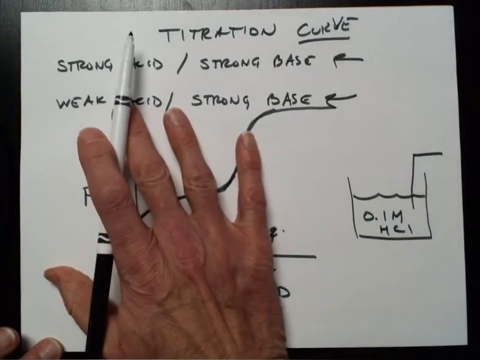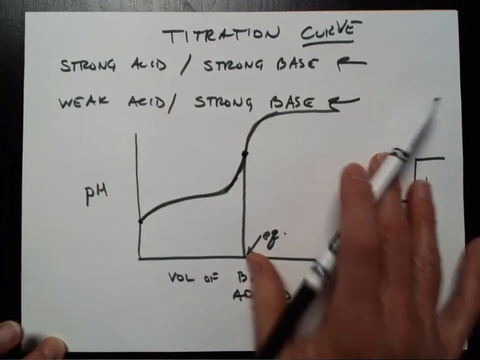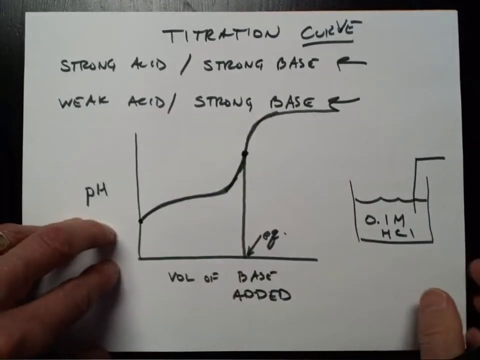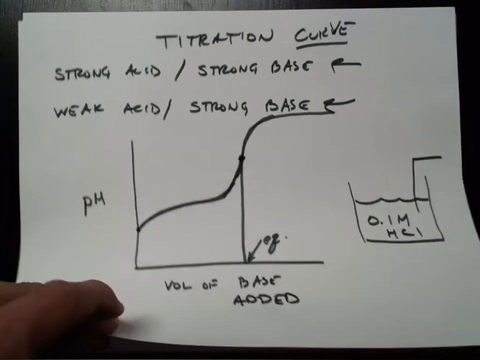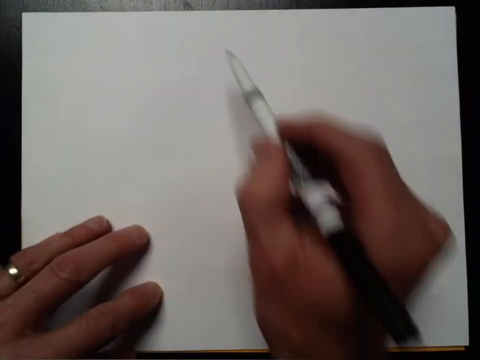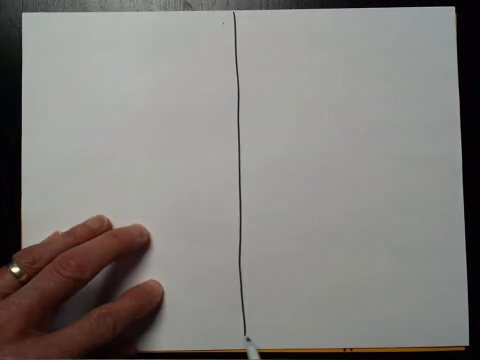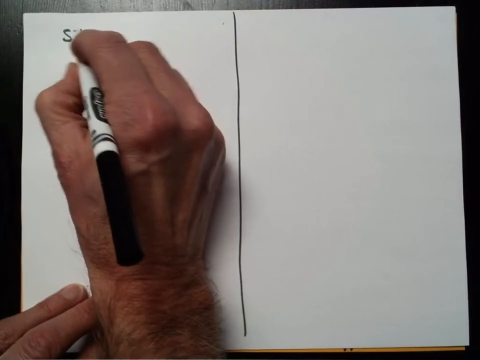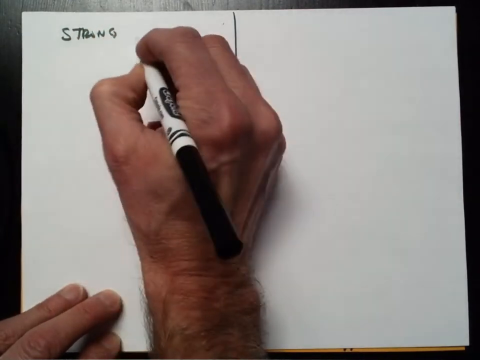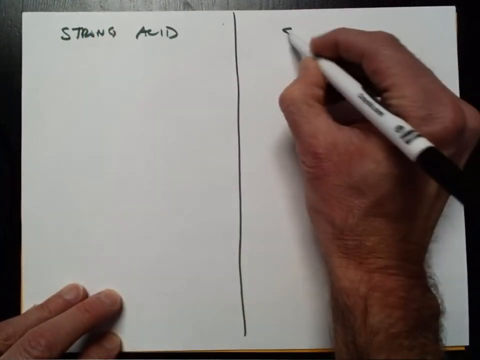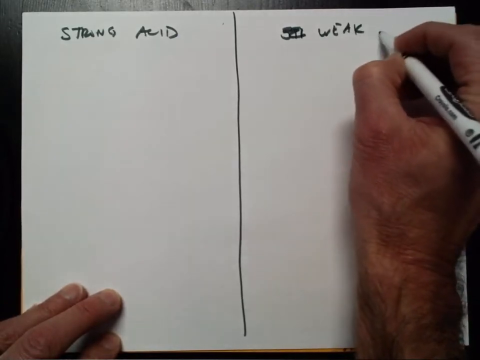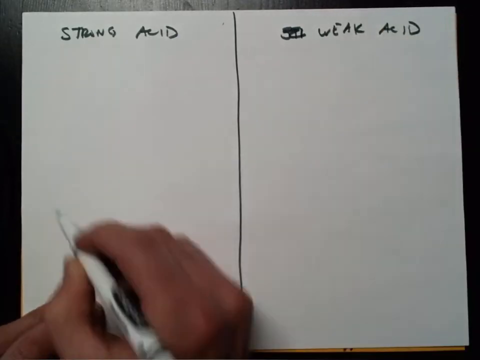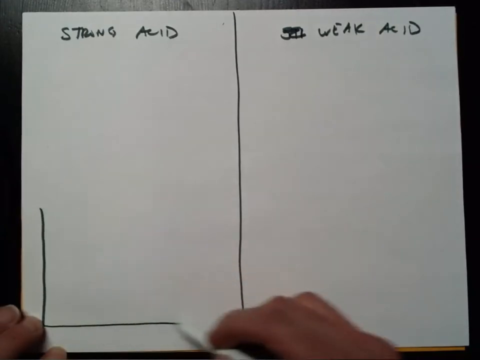So it's important for us to understand the chemistry that goes on in each of these two cases. Let me talk about that a little bit. Let's look at these two different cases. Here on this side, we'll look at the strong acid, and on this side we'll look at the weak acid. In both cases we'll be adding strong base. So I'm going to just draw my beaker here